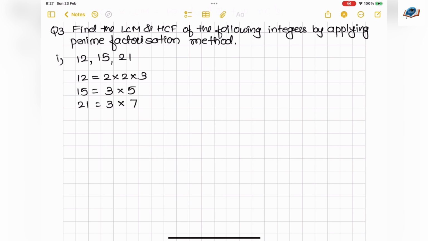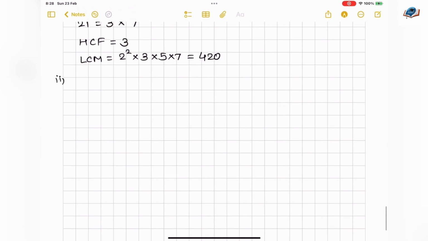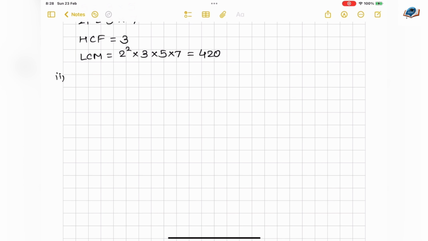So if you see carefully, HCF will be 3 because only 3 is common between them. LCM will be 2 square into 3 into 5 into 7. So that is coming as LCM is 2 square into 3 into 5 into 7. That is 420. Now, second one if I do,